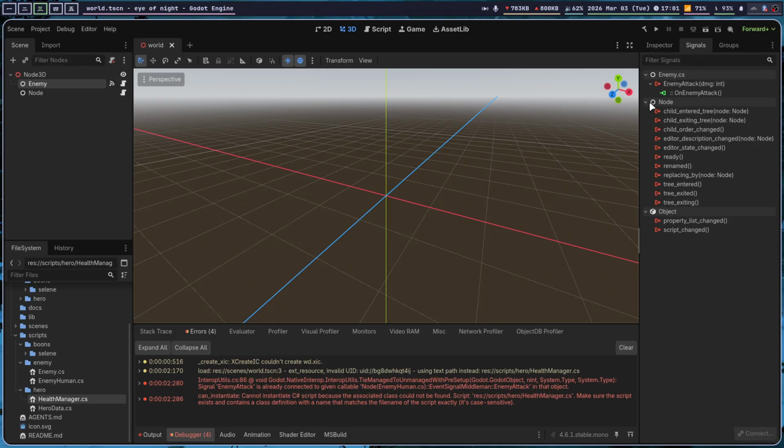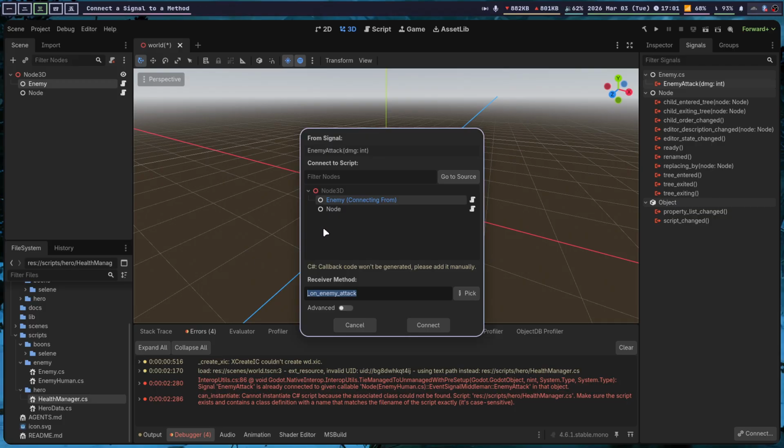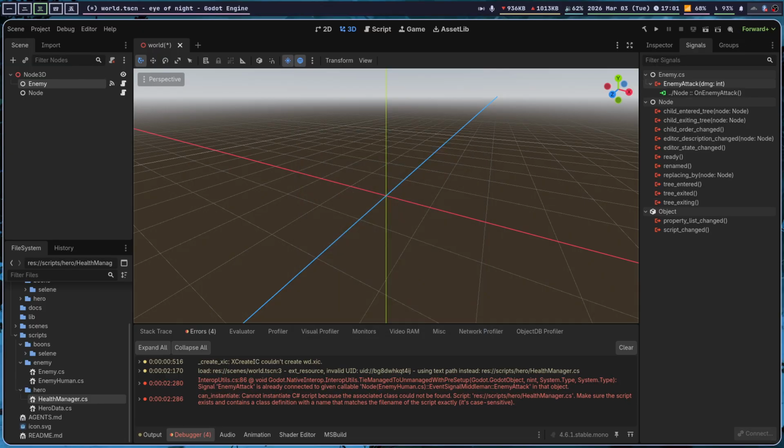We need to connect it again. Disconnect, connect, and it would be here. This would be on enemy attack, on enemy attack, and then if we build this,